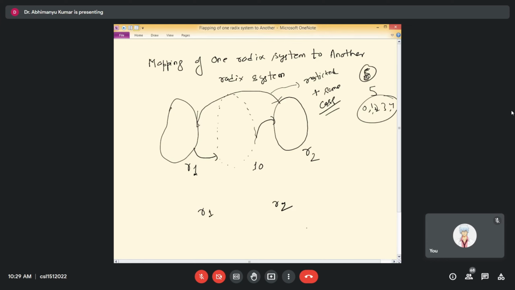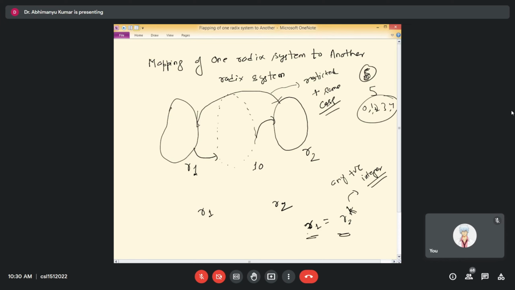If R1 and R2 are related in this way, I am writing it here: R1 is equal to R2 to the power k, where k is any positive integer. If we have this relation,